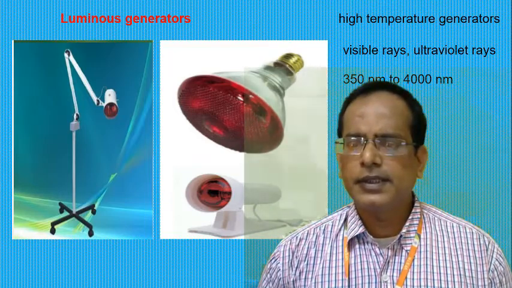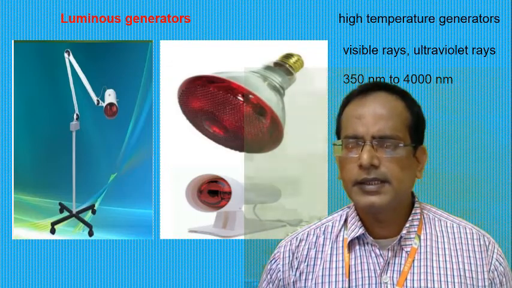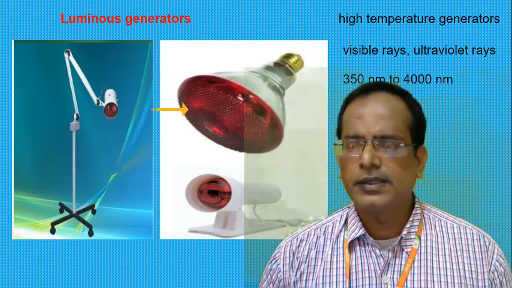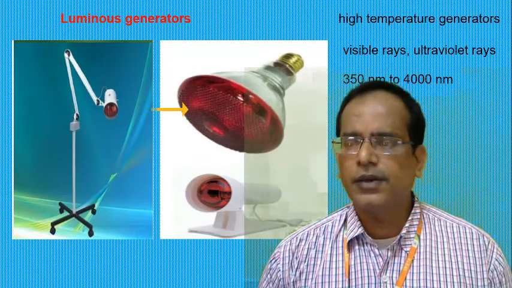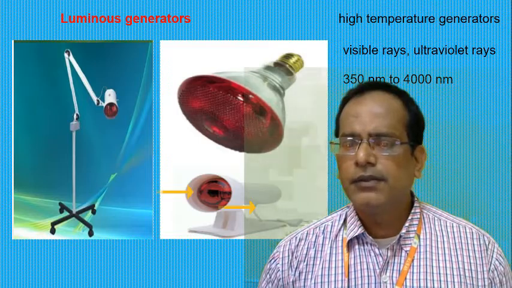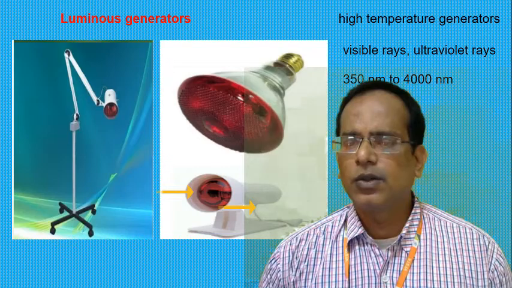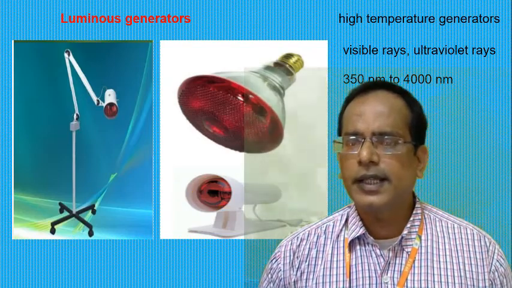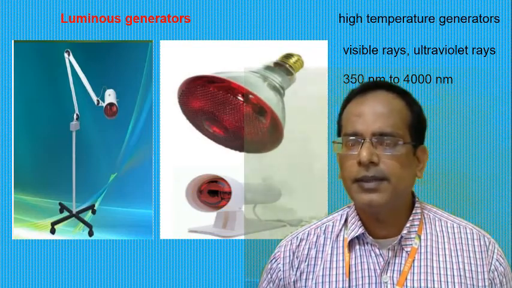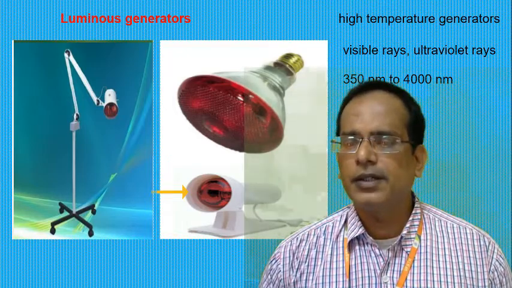This can be generated by an incandescent bulb, which consists of a wire filament enclosed in a glass bulb, which may contain an inert gas at low pressure. You are seeing it in the diagram. Here the filament is made of tungsten, as it tolerates repeated heating and cooling. So it is used for two purposes.